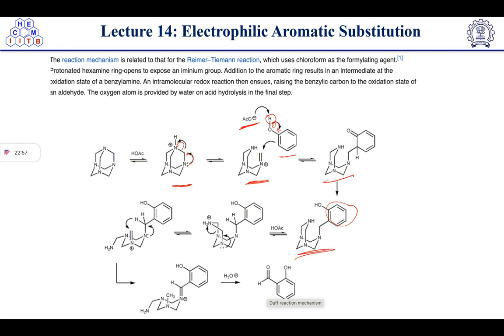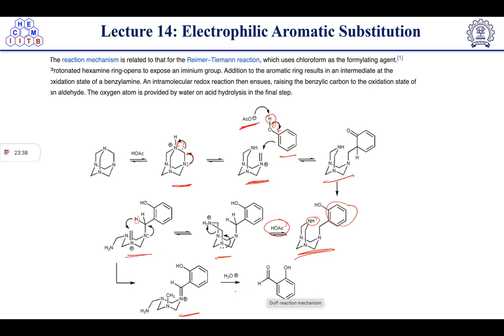And then another molecule of acetic acid will protonate this nitrogen NH group, right? Because of the acidic condition, protonation will take place, and after that protonation we'll get this type of salt. Now again, because there are too many nitrogens, this nitrogen will push electrons here, and it will open up like this iminium salt again, and then again the same thing happens. Nitrogen lone pair pushes electrons here, and it will take the proton from here, proton transfer, and we'll get this type of intermediate.